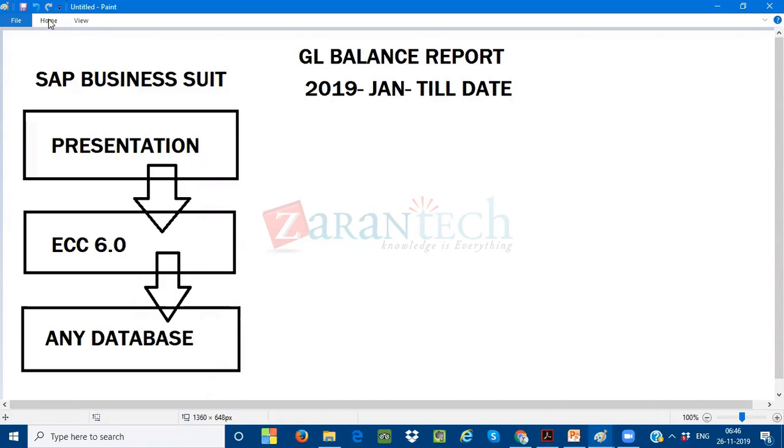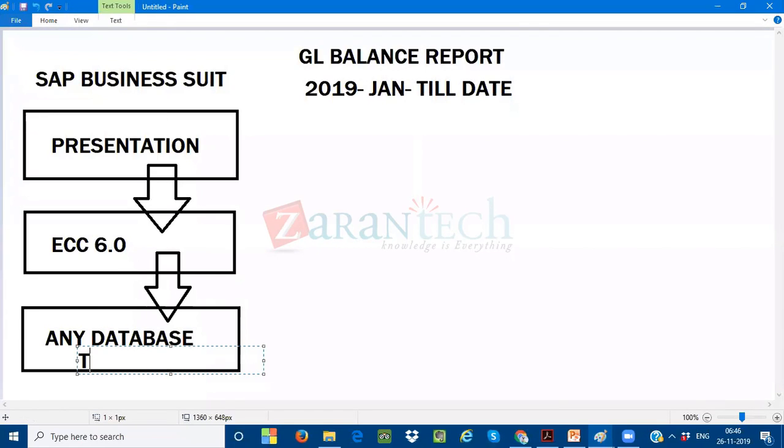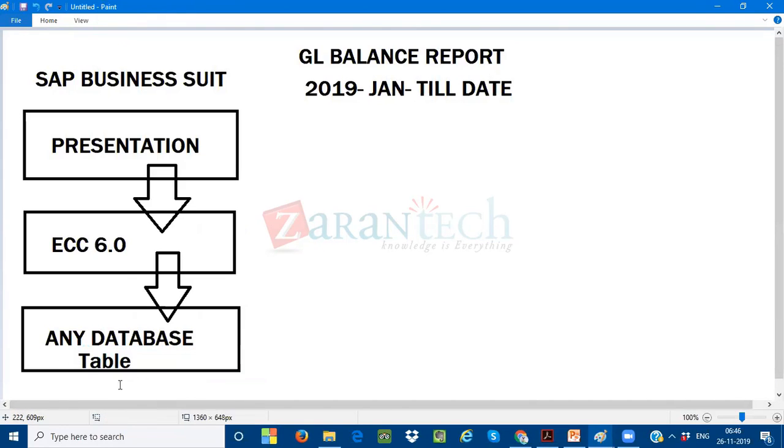How is the data going to be stored? The data will be stored in a database in the form of tables. Any database you take, the data will be stored in tables. Now, the data is available in the database, not in the application. Now, what this query has to do actually, earlier,